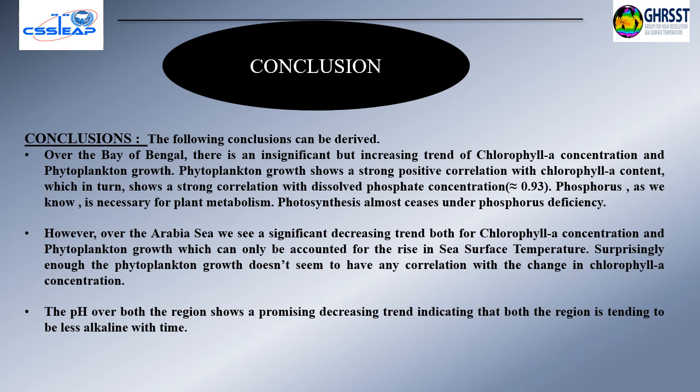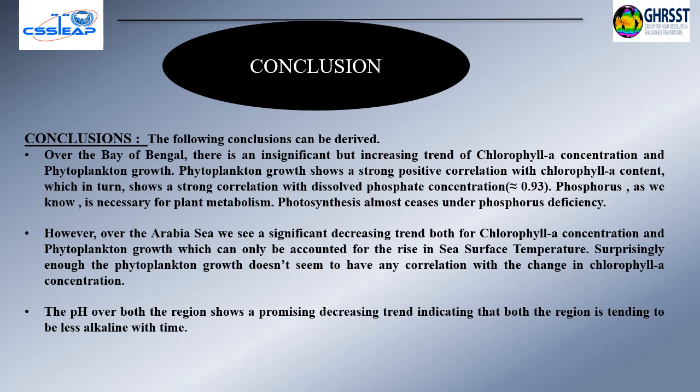Phytoplankton growth shows a strong positive correlation with chlorophyll A content, which in turn shows a strong correlation with dissolved phosphate concentration, almost 0.93. Phosphorus, as we know, is necessary for plant metabolism. Photosynthesis almost ceases under phosphorus deficiency. However,